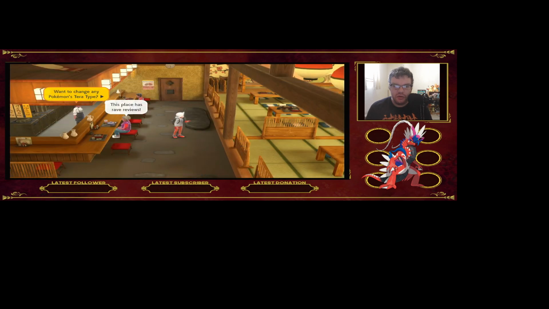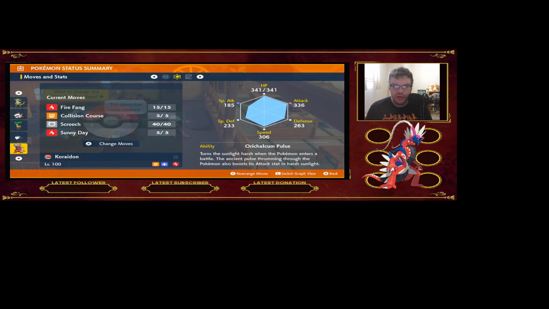So, I'm going to show you my Koraidon setup real quick. So right now, Koraidon is level 100. Fire Fang, Collision Course, Screech, and Sunny Day. I'm going to pop this up real quick, just kind of show you guys. He has no IVs. You don't really need them, I don't think. So, the three moves you're really going to want are Fire Fang, Screech, and Sunny Day. Collision Course can be replaced with Swords Dance if you think it's necessary in order to just deal a little